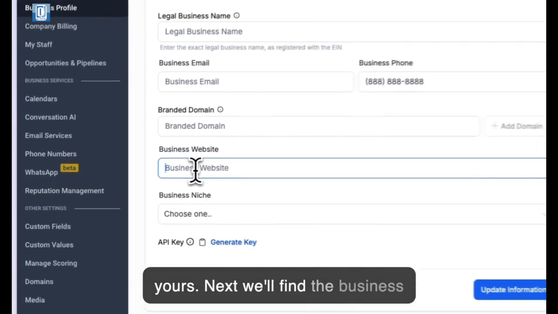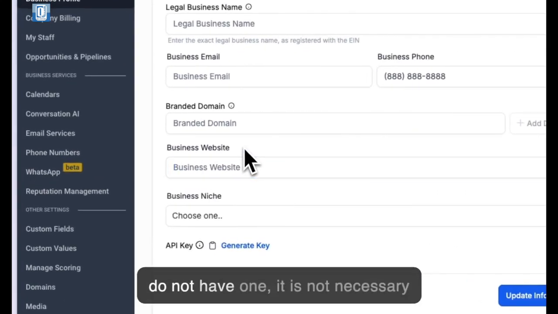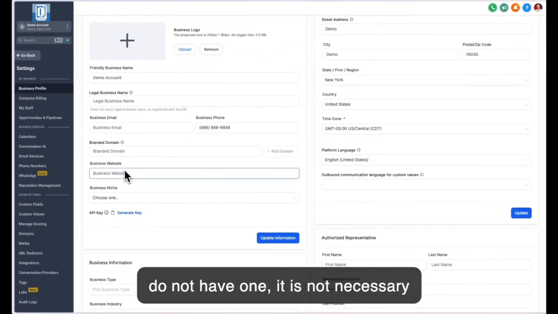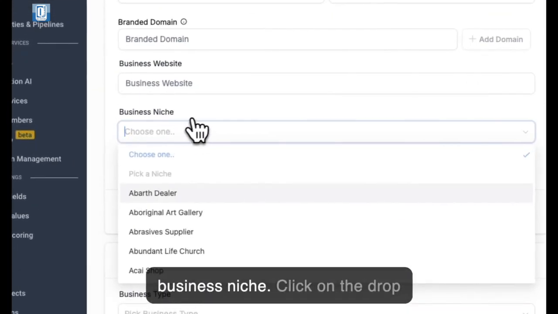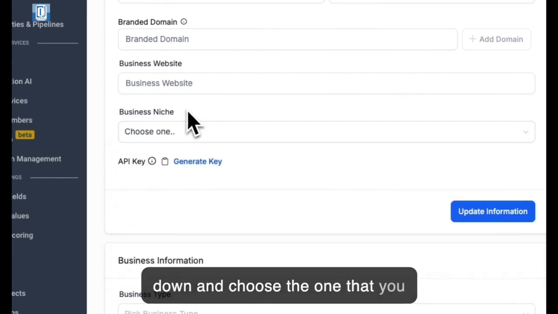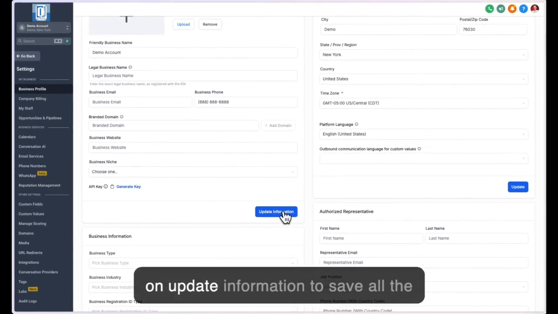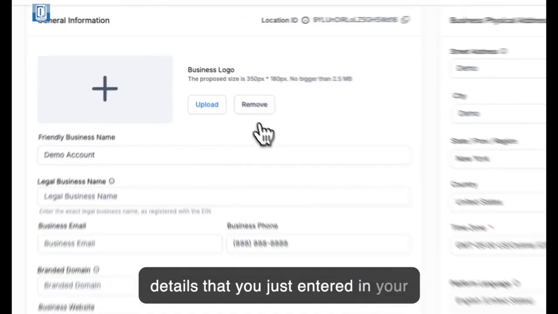Next, we'll find the business website. Go and enter yours here. If you do not have one, it is not necessary right now. Next, you can choose your business niche. Click on the drop down and choose the one that you most relate to. Go ahead and click on Update Information to save all the details that you just entered in your general information